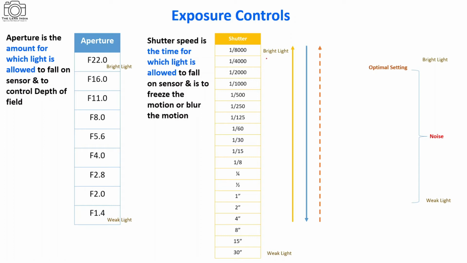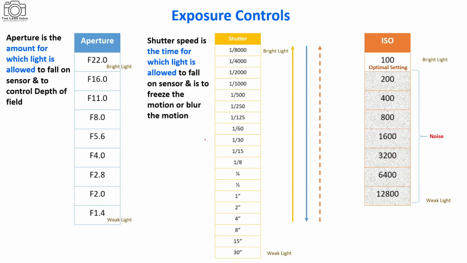When we are shooting in a very bright light situation, we can increase our shutter speed, and when we are shooting in a very weak light situation or in the dark, we need to use slower shutter speeds. So based on this change in the shutter speed, we are controlling the time for which the light is falling on the sensor. The faster the shutter speed, the less time we allow light to fall on the sensor, and the slower the shutter speed, the longer we allow light to fall on the sensor. That is how we capture the image. This is a simple phenomenon which happens with the help of shutter speed.